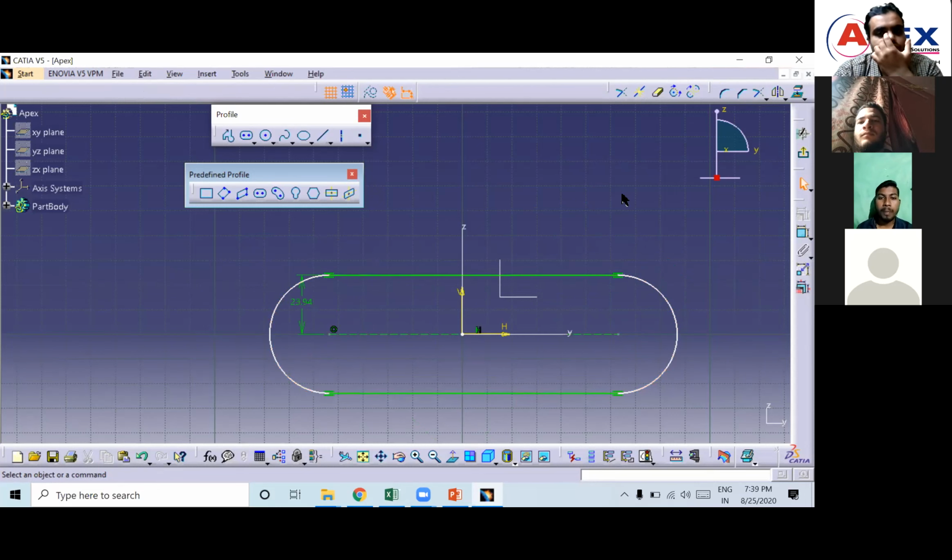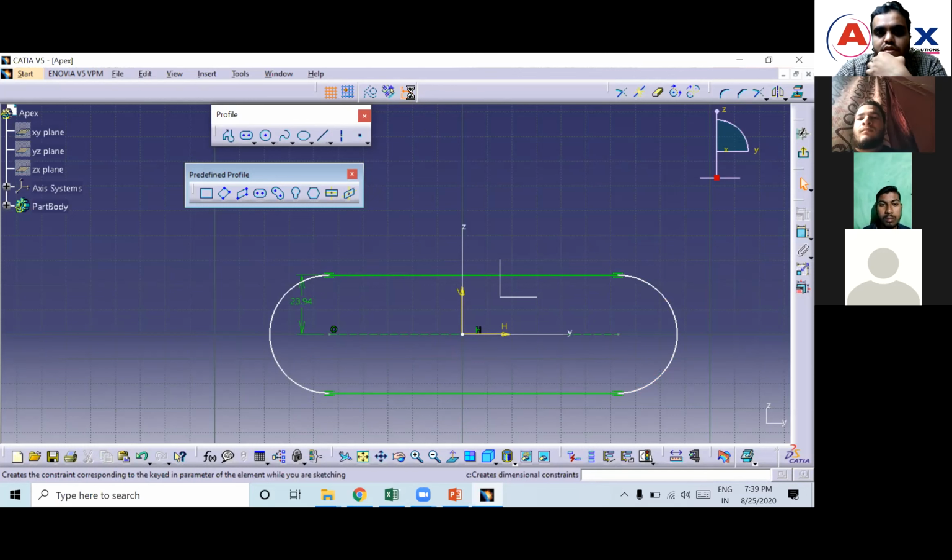See. So here one thing you observe, you got the dimension, right? Okay, the radius of this, and you got one more symbol here. That means this line is tangent with this arc. Okay, this is the geometrical constraint, this is the dimensional constraint. When these two are on, then only these two will come.